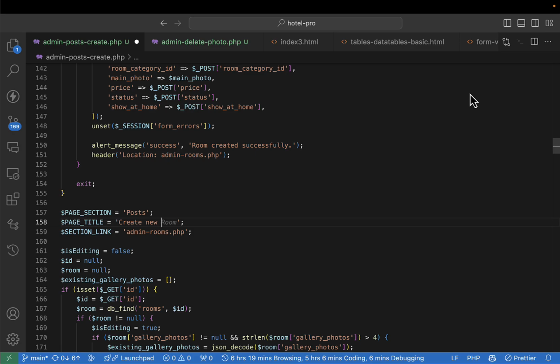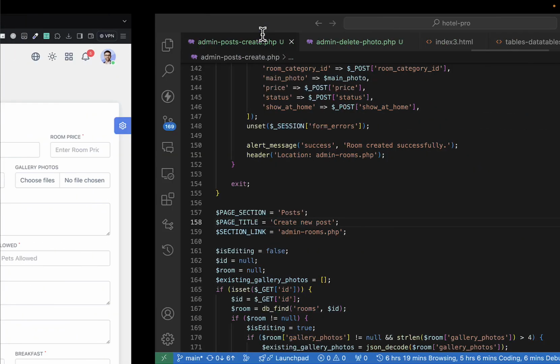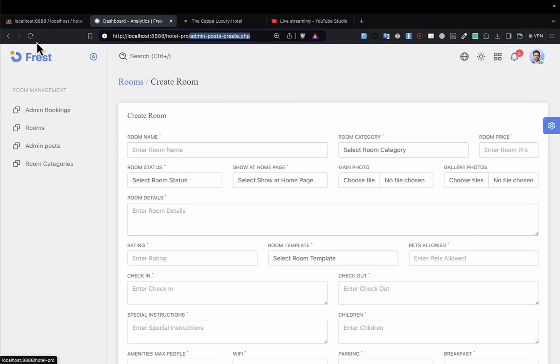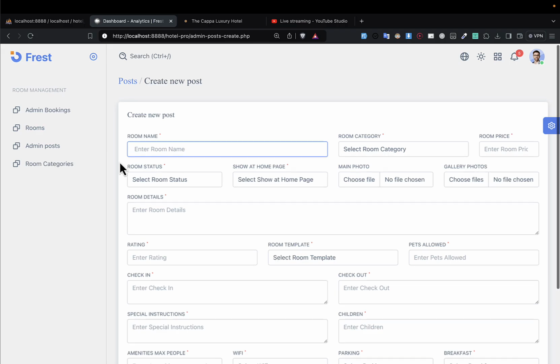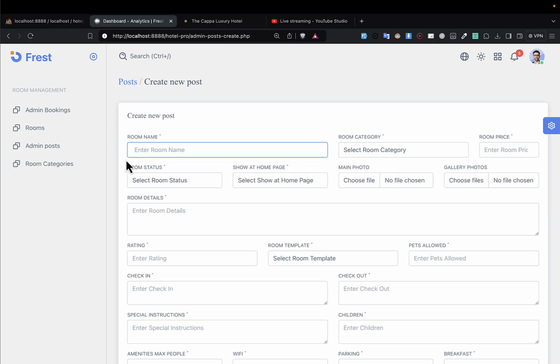new post, and then this one the link, of course it is admin posts create link, this one here. Yeah, so that's it. So I save, come and refresh here, everything is beautiful, right? Everything is beautiful. So now we're going to realign, we're going to organize and make this one to appear like